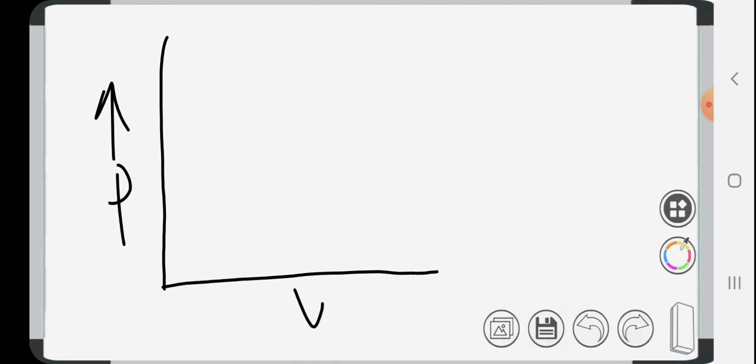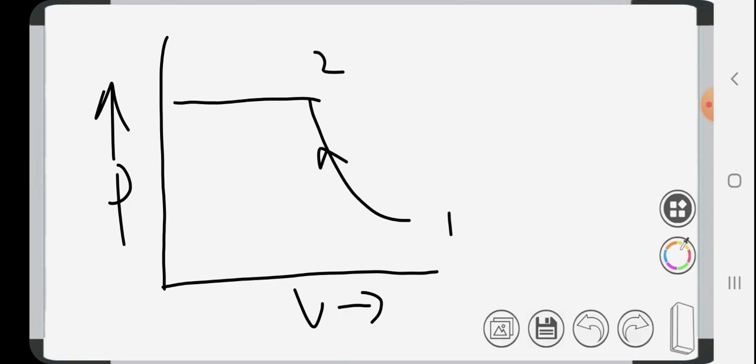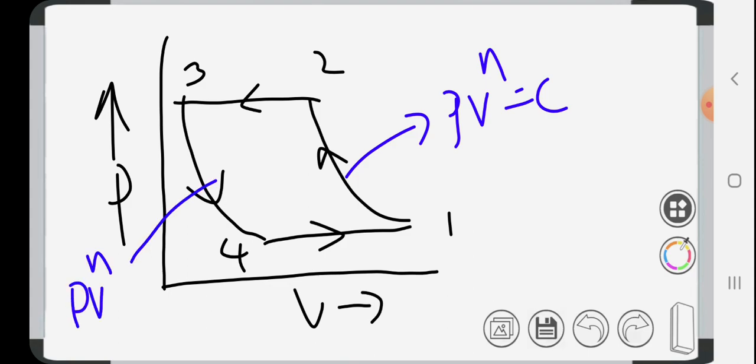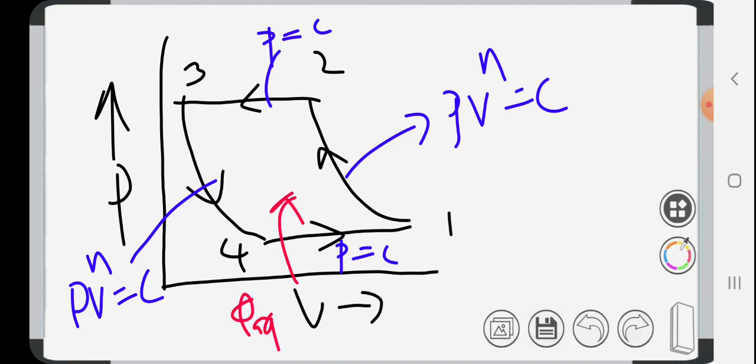in case of the polytropic process, 1 to 2, 2 to 3, 3 to 4, 4 to 1. You have to note that this process is based on PV raised to n equal to constant, a polytropic process with n as the polytropic index. So this is also PV raised to n equal to constant. Here P constant, no change. Here also P constant. The important thing to note is that here Q addition takes place,